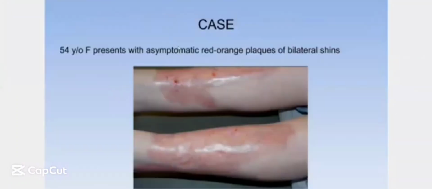The first case is an example of that, where you see this 54-year-old female presenting with asymptomatic red-orange plaques on the bilateral shins. So you can see these plaques on the bilateral shins. And when we look at the biopsy here,